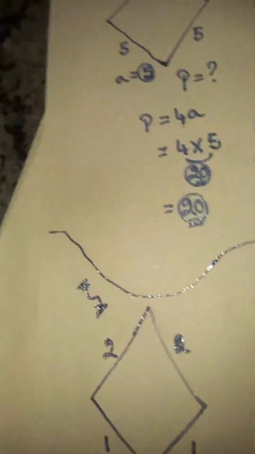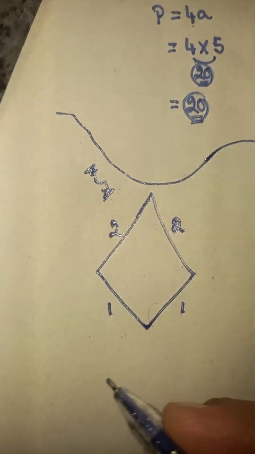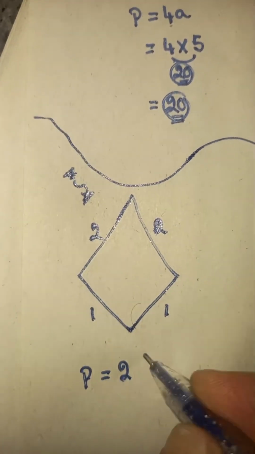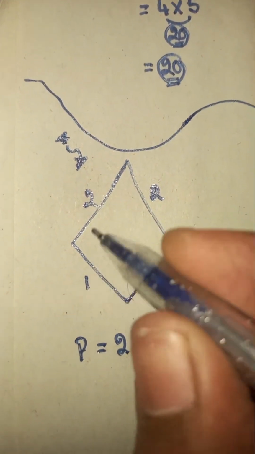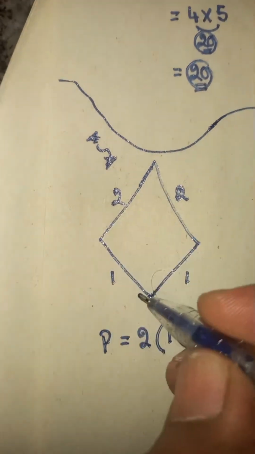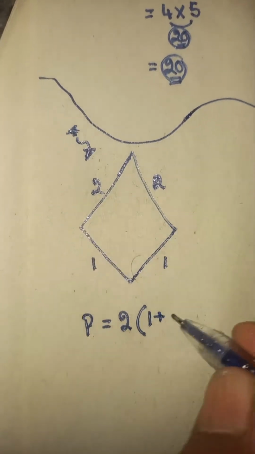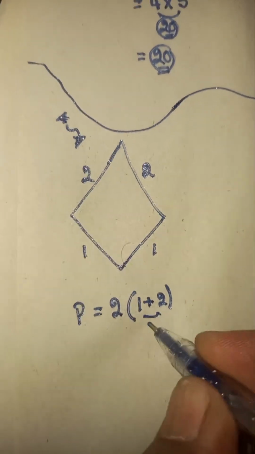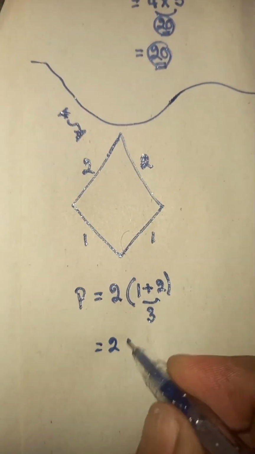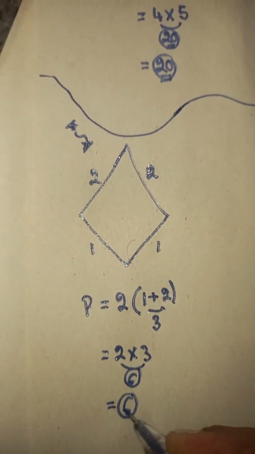To find out the perimeter of the kite, you can do it like this. The perimeter of the kite can be found as 2 times the sum of the different adjacent sides, the sum of the below side and the above side. That is, the below side is 1 unit and the above side is 2 units, so it becomes 1 plus 2. 1 plus 2 is 3, so 2 times 3 is 6, so 6 units is the